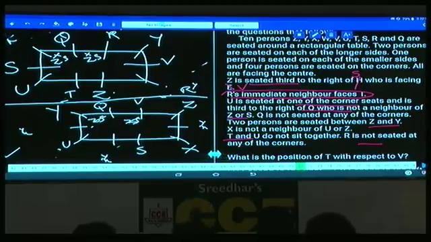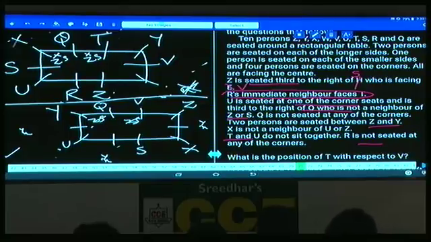As R cannot be here, what is the only place left for R? R must be at this place. If R is here, R's immediate neighbors are U and Z. U's opposite Y is already there, but R's immediate neighbor is Z, and Z's opposite T will be here. And X is not an immediate neighbor of Z. X cannot be at this place, hence X will be here. If X is here, then who is the person left over? W is the person left over. Now that is about the first case.